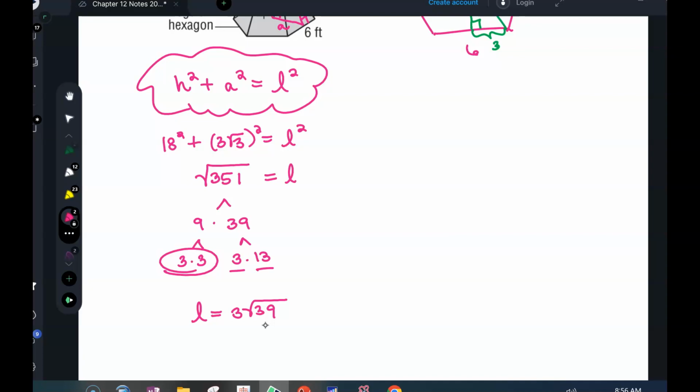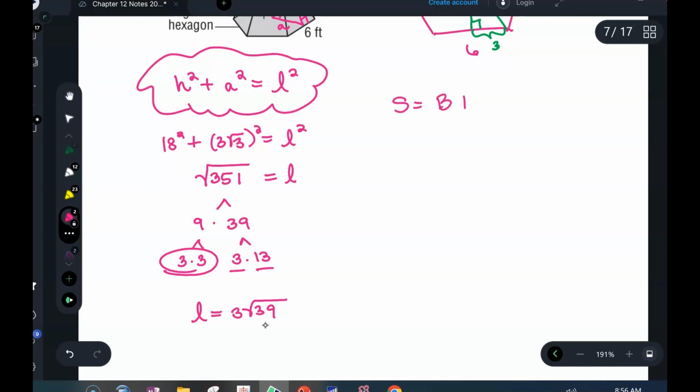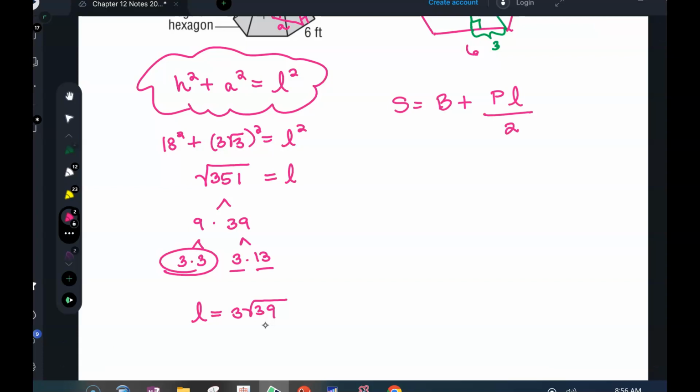Now, keep in mind what's our formula. It's area of the base plus perimeter times slant height divided by 2. It's still not done. These are lengthy problems. This is the last step. Do we have all that information to plug in? Yes. S equals